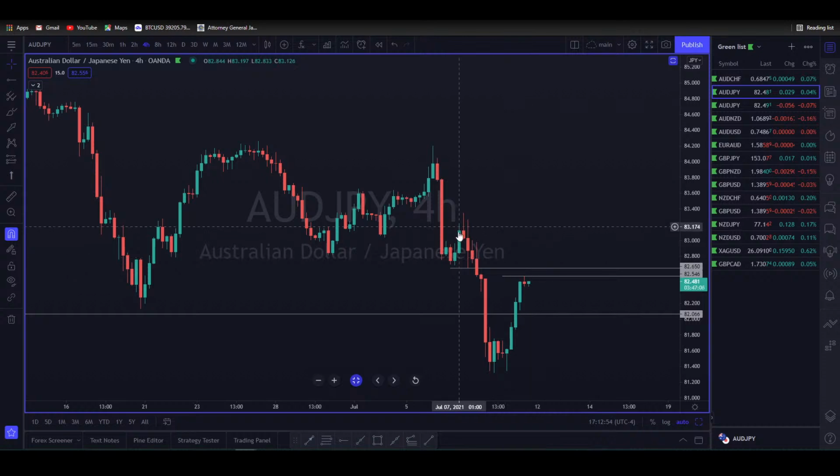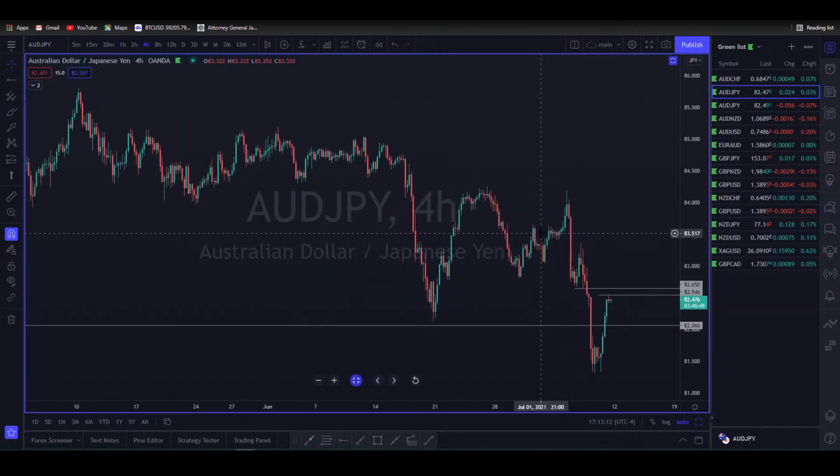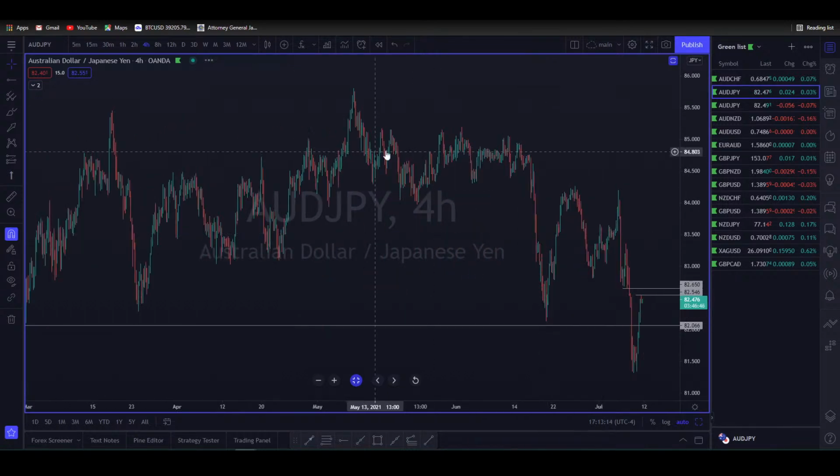The closer you get down into your time frames, like this is a 4 hour, you will see that you do have 4 hour support directly above it. So maybe a wick through the level and then a drop back below. Maybe that would be a good enough indication that the Aussie yen is probably going to have a little bit of continuation to the downside. I am looking for it, as this is a pretty nice